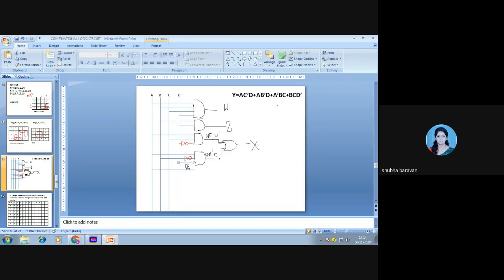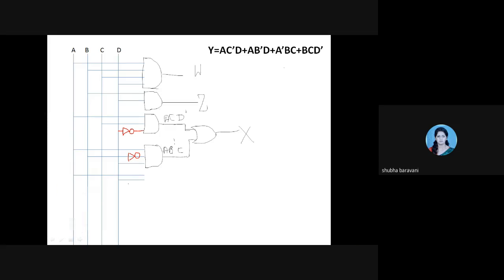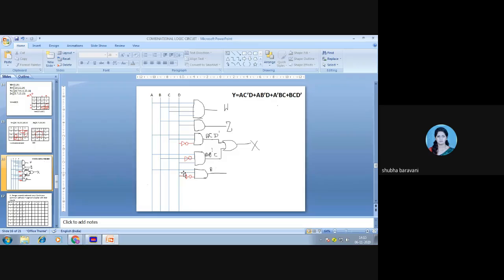A, D, and C bar, A D C bar. So I get this. This output is A D C bar.